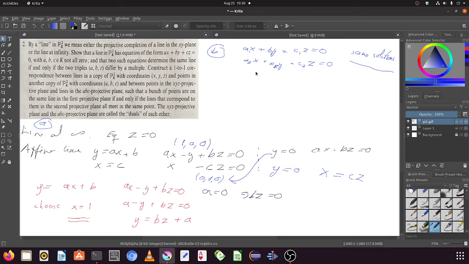So if we eliminate C1, C2 by multiplying this one with C2 and this one with C1 and then subtracting,